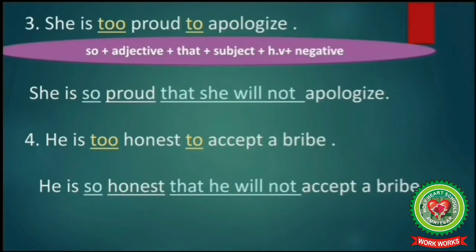Now let's take another example. She is too proud to apologize. So students, when a person can do but is not ready to do something, then we will use will not in present tense and would not in past tense. Now here students, we are referring to her having the ability to apologize. But she will never do this. Why? Because she is very proud. So here instead of using can, we will use will as a helping verb.